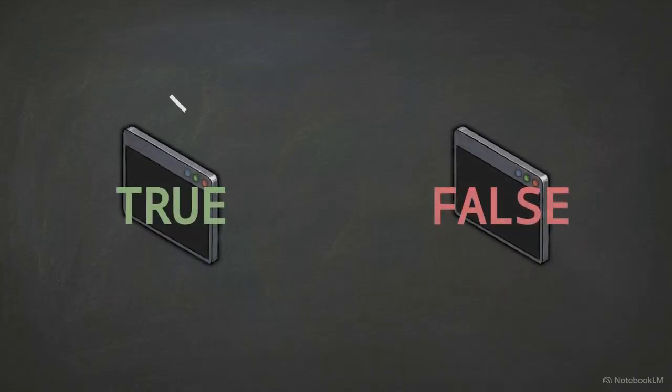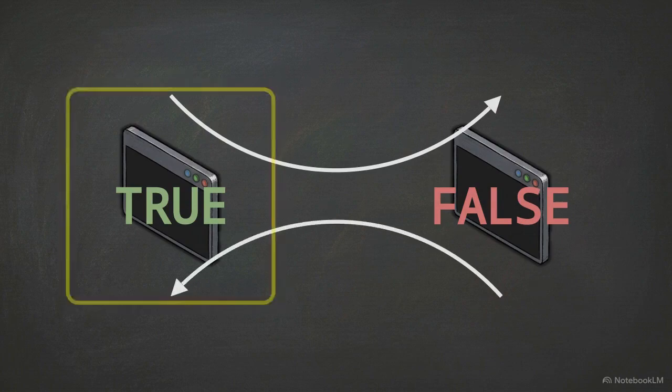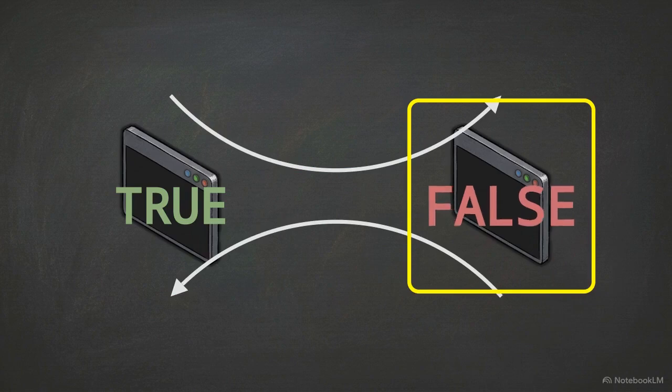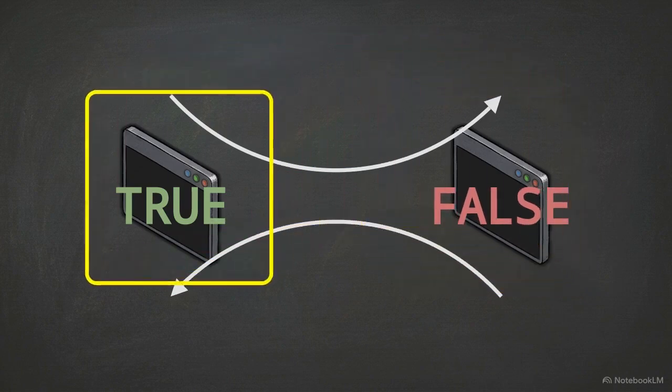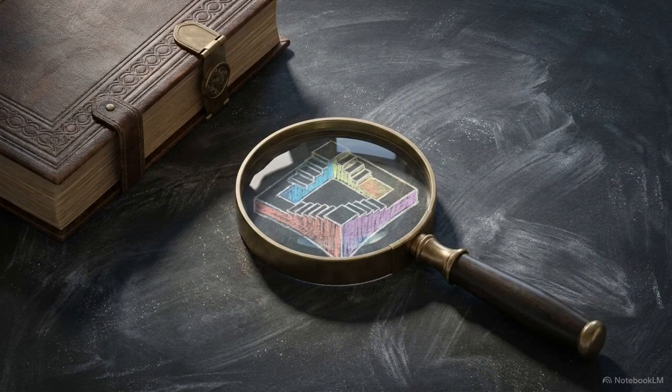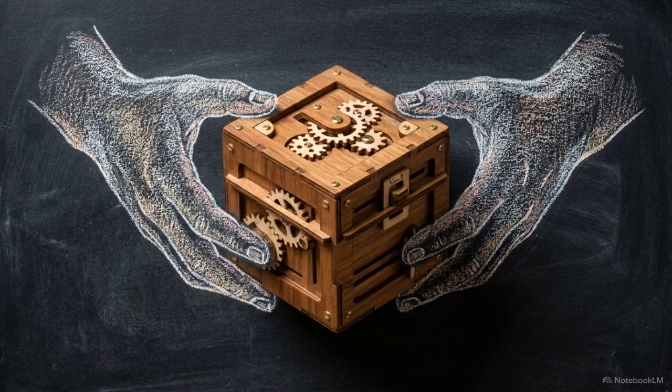This diagram illustrates the glitch. 2 states, true and false, are connected by an endless circle of arrows. Evaluate the statement as true, and logic forces you directly into the false box. Because it is false, logic pushes you right back into true. We call this endless cycle a paradox. It happens when perfectly valid rules create a puzzle that actively breaks those same rules.